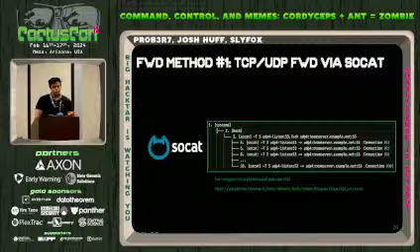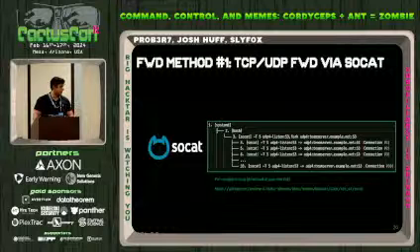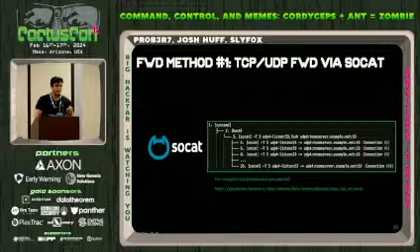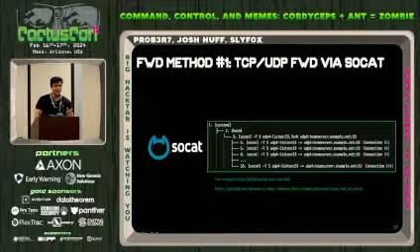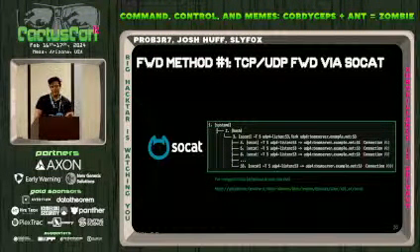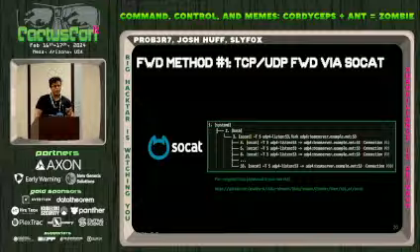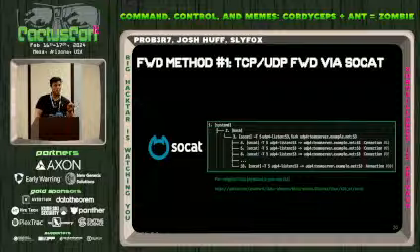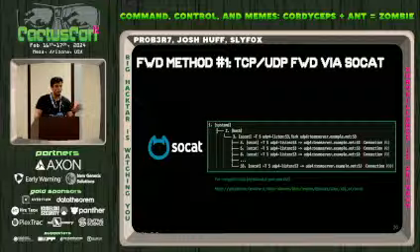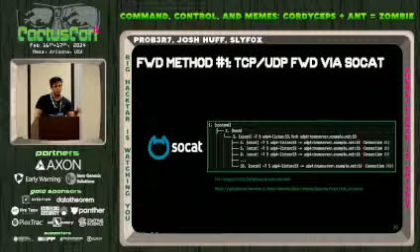Now, on a more serious note, what you're seeing on the screen is a Socket UDP redirector to have a DNS redirector for DNS traffic, right? In this case, we would be using DNS traffic to control a compromised asset, and we're using Socket to forward the UDP datagrams from the redirector server to the C2 server.